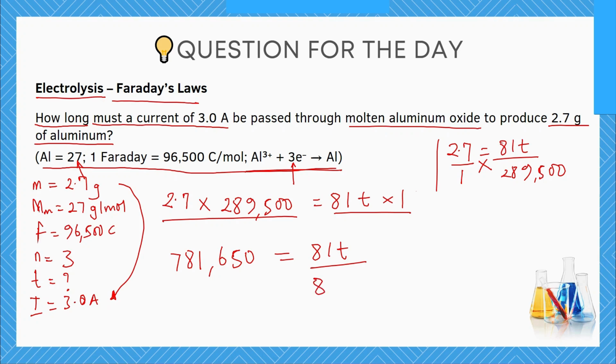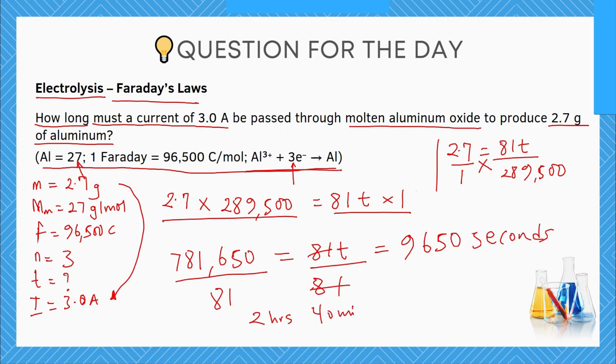So to get T, we divide both sides by 81. So this cancels this. What we have now is 781,650 divided by 81. That gives us 9,650 seconds. When we convert this into hours, that will be 2 hours, 40 minutes, and 50 seconds. Pretty long, right? But that's the amount of time it will take to produce 2.7 grams of aluminium while passing a current of 3 amperes through a solution of molten aluminium